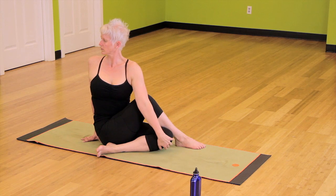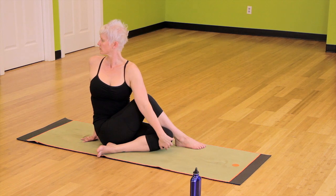Inhale, we stretch up. Exhale, we twist. Inhale, stretch up. Exhale, twist. And twist. Twisting from the low back to the mid to the upper back. Inhale, stretch up. Exhale, twist, twist. Unwind, looking the other way,